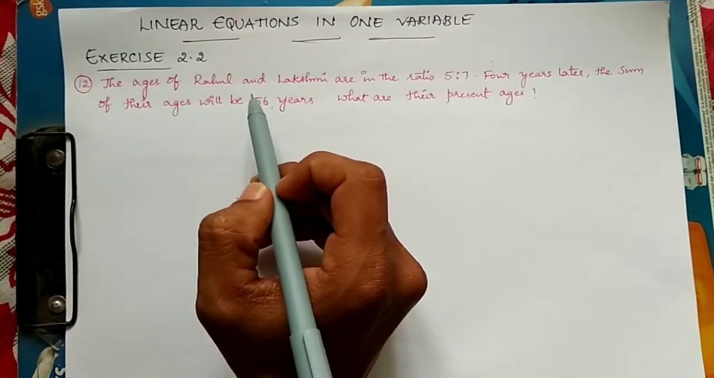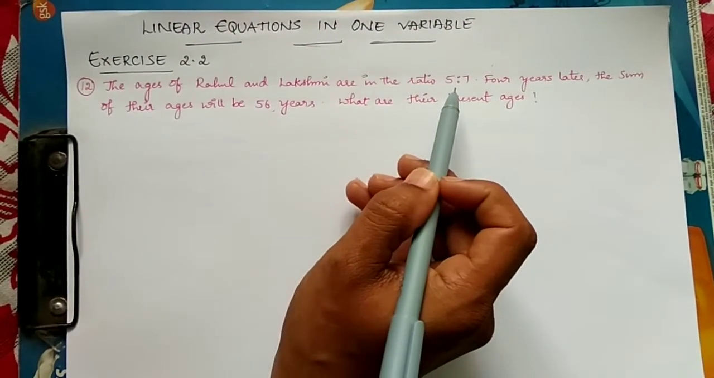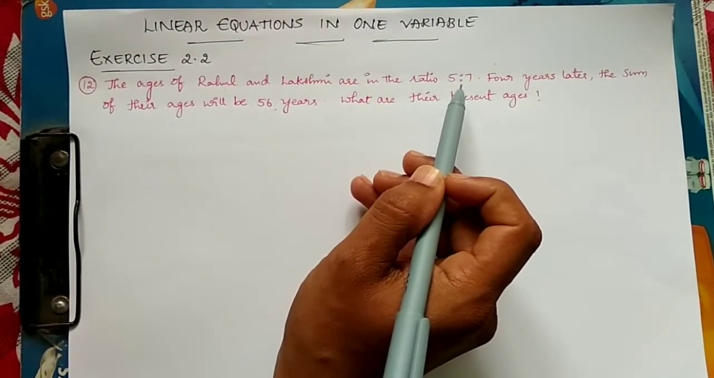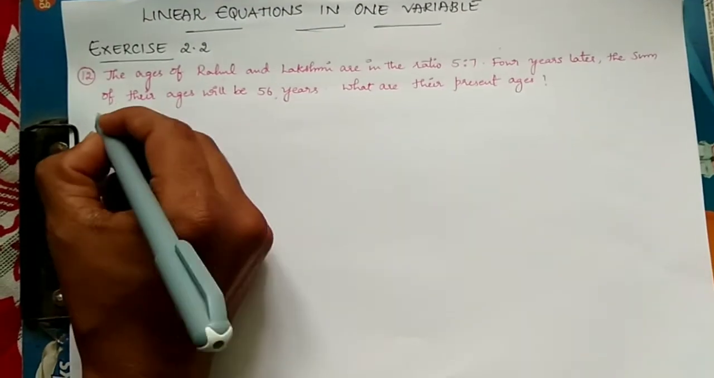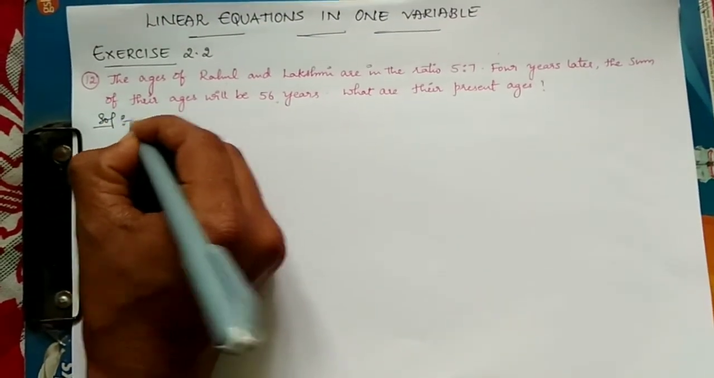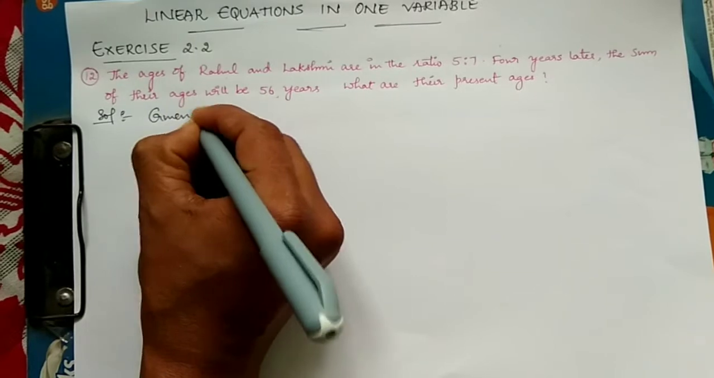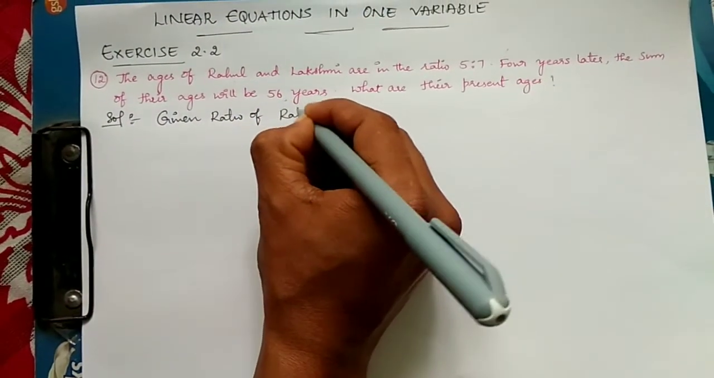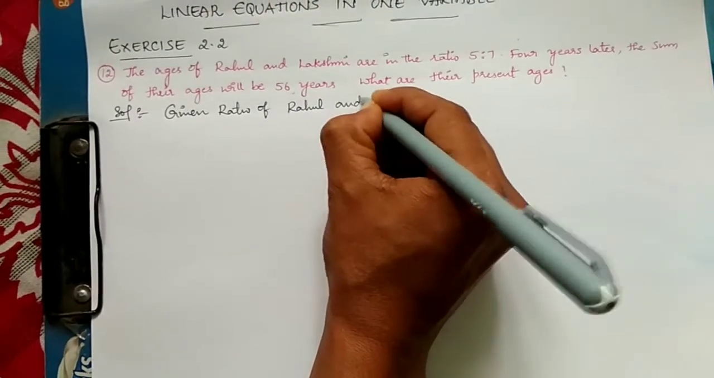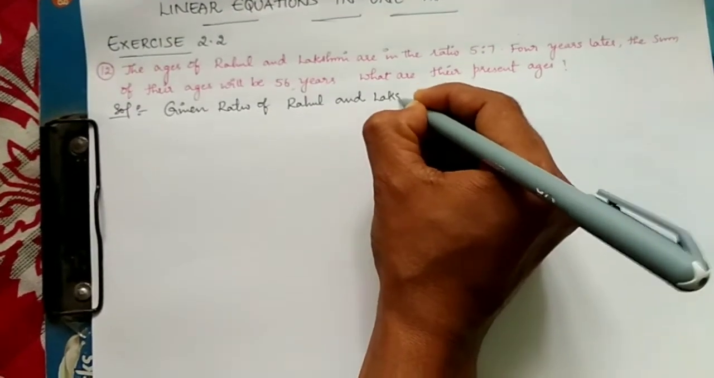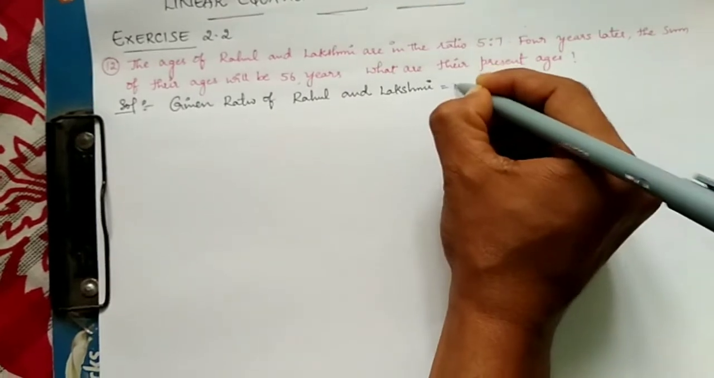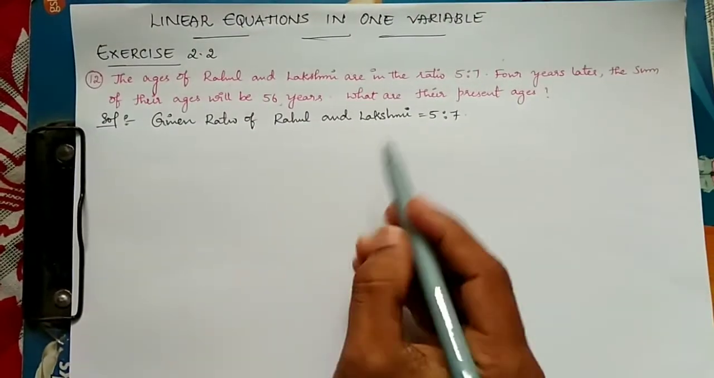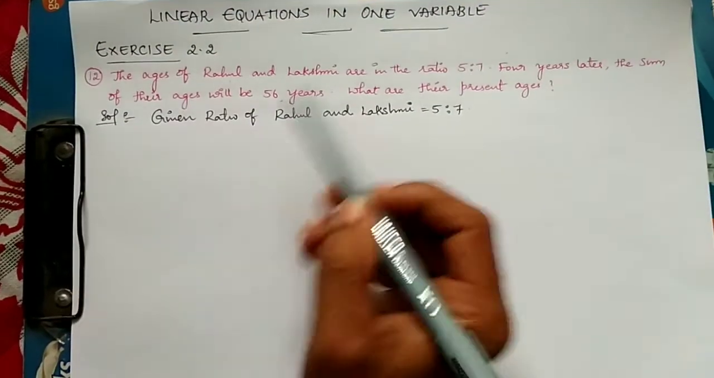But in the given question they have given it in the ratio. So what is that ratio? 5:7. So first we write the steps. What is given? Ratio of Rahul and Lakshmi is 5:7. So we do not know the present age of Rahul and Lakshmi, but they have given it in the